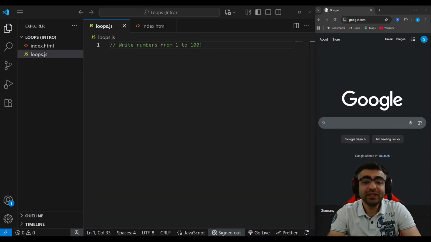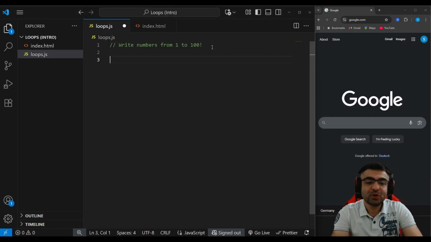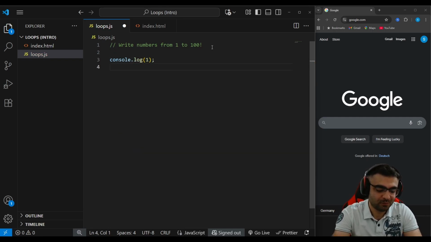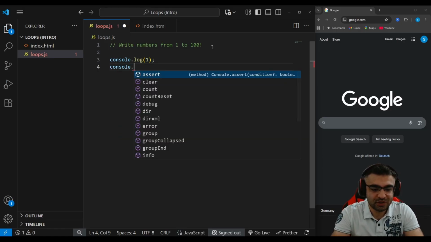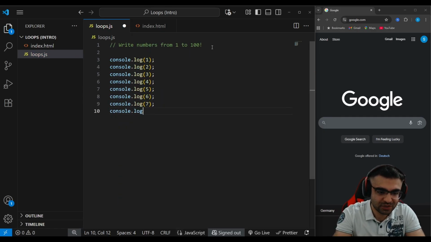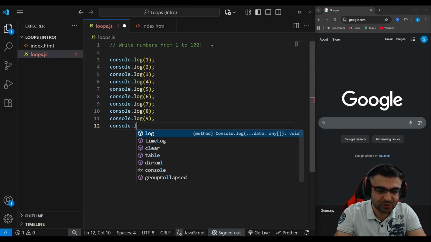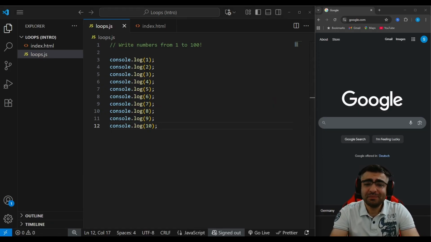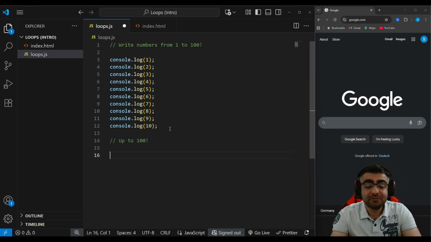Let's quickly see how annoying life would be without loops. So here we're going to print numbers from 1 to 100. Console.log 1, console.log 2, console.log 10. This is just 10 lines. Imagine 100. No thanks. Loops to the rescue. Of course, in the upcoming videos, we will dive deeper into loops and various types of them, but for now,